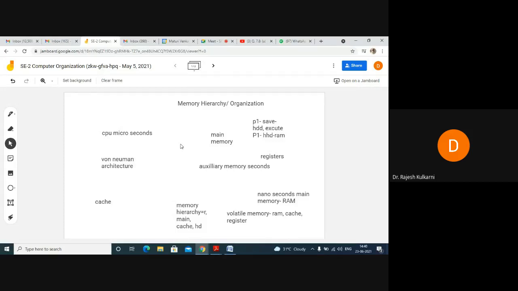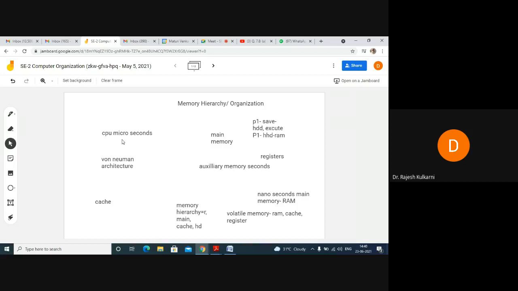You can see that there is a lot of movement of the program. You have written a program. Sanjay has written a program, or Himashri has written a program. She saved it in the hard disk. From the hard disk, she wanted to execute the program. It went to RAM. From the RAM, it went to cache. From the cache, it went to CPU registers. From the CPU it went to cache, from cache it went to main memory, or it went directly to the main memory. So there is a lot of movement of the data and the program.